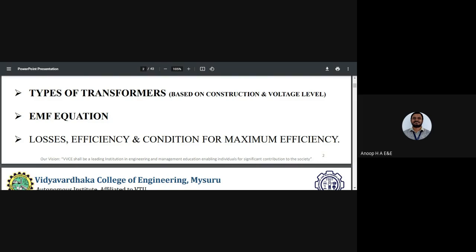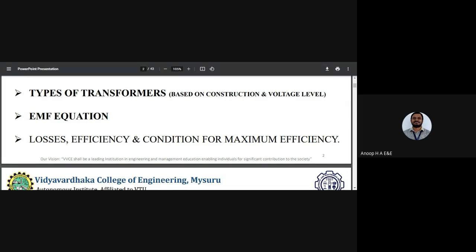And later we have module number 5, that after module 3 we'll be starting with module 5, which is domestic wiring and LT switchgear. In LT switchgear, what we are going to deal with is the fuse and the circuit breaker. We have to know the principle of operation and the construction of the fuse and circuit breaker. Next we are going to have the electric shock concept. Next, we are going to talk about the precautions that need to be taken in case of an electric shock. And later, we'll have the concept of earthing in domestic wiring, types of wiring, and the single line diagram.